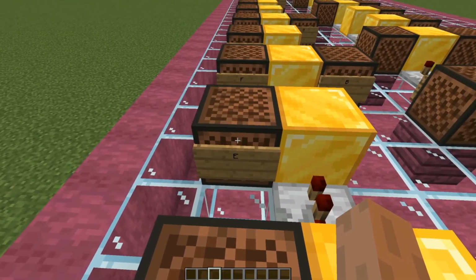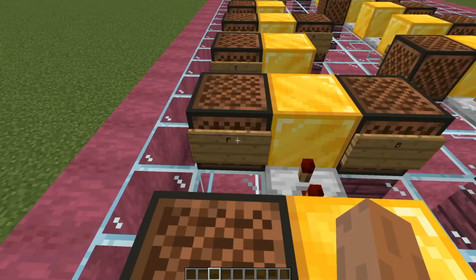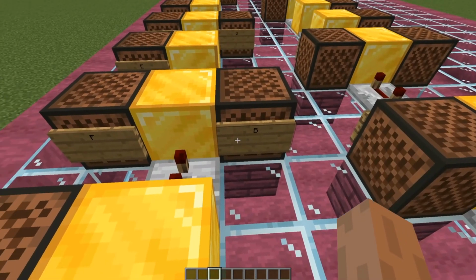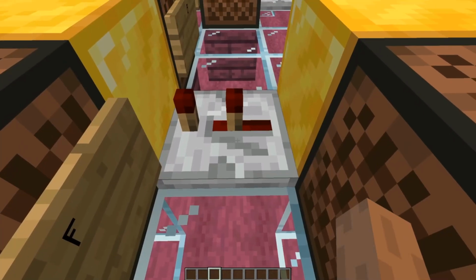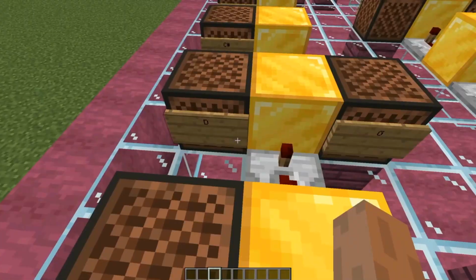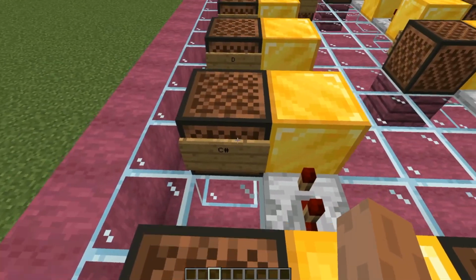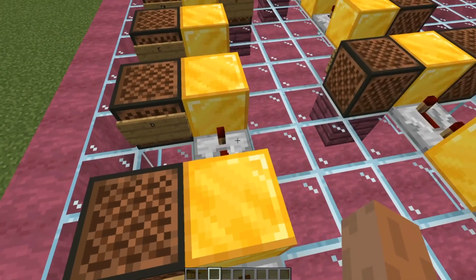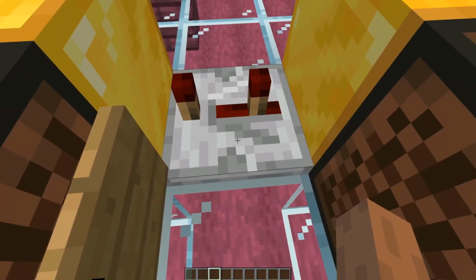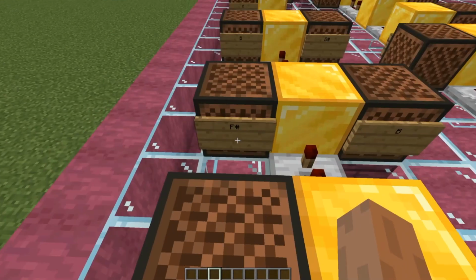Then right here we have an E on the piano with no harp, with a 1-tick repeater. We have an F on the piano and a B on the harp, with a 2-tick repeater. We have an E again with a 3-tick repeater, a D and a G, and a 3-tick repeater, a C sharp, and a 2-tick repeater, a D, and a 3-tick repeater, a E, and another 3-tick repeater, an F sharp,